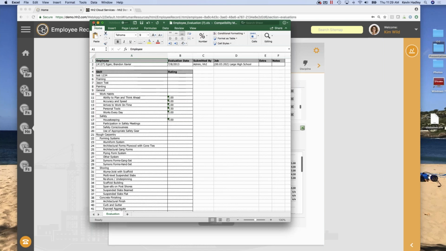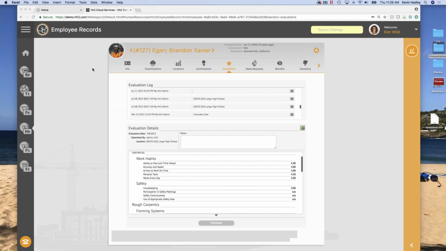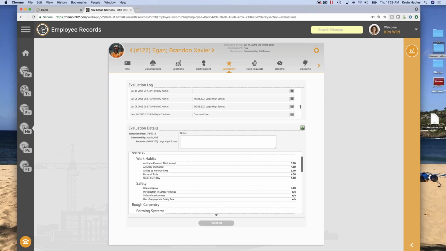So as we're doing different evaluations on employees, one of the things we are also working on is putting together a forms page within our HR product and allowing you to upload your own individual type of forms. That will be coming down the line. I don't have a hard date on that, but that's a feature that will be coming to our HR product. So there's evaluations. So I can kind of see and keep track of those.